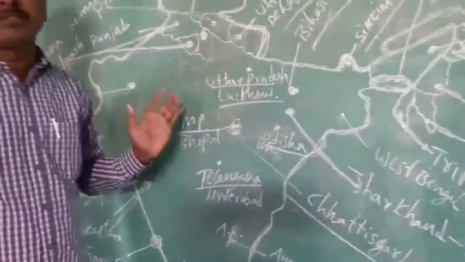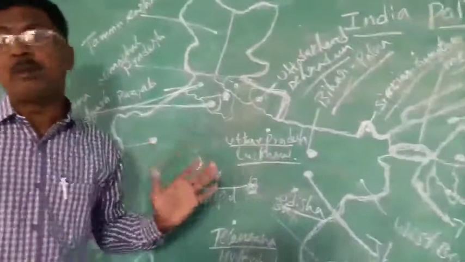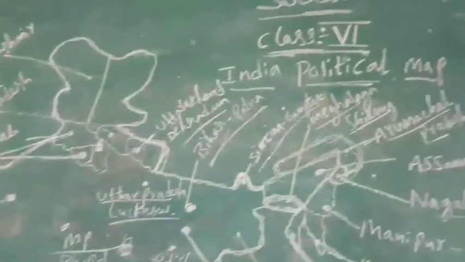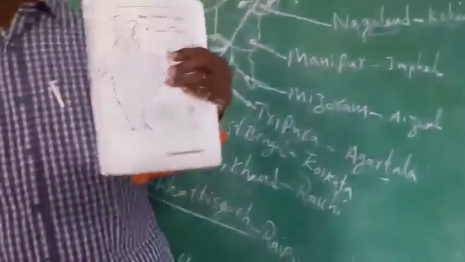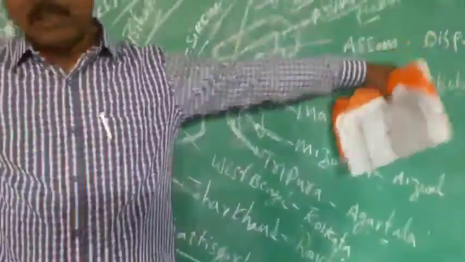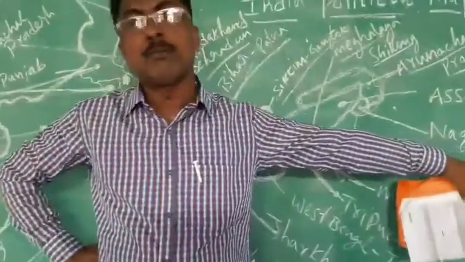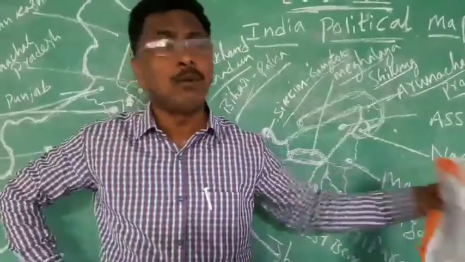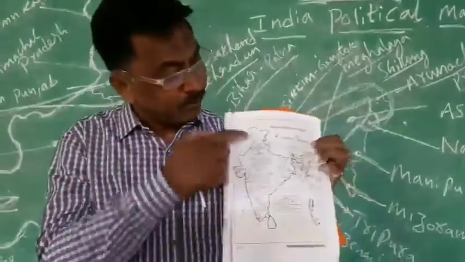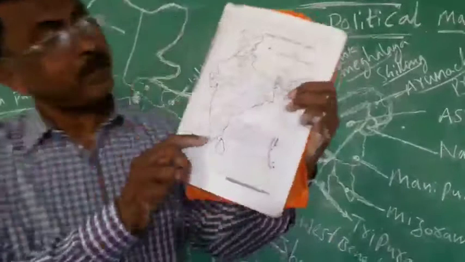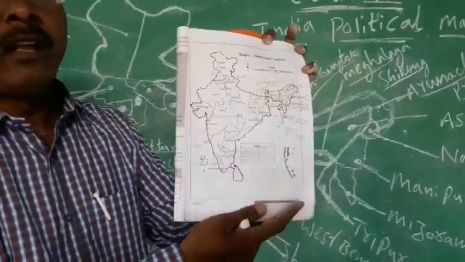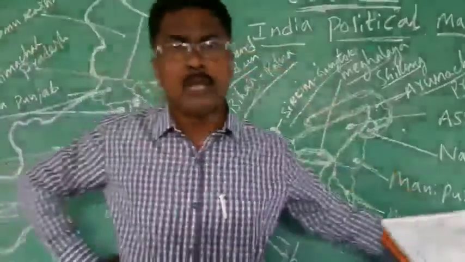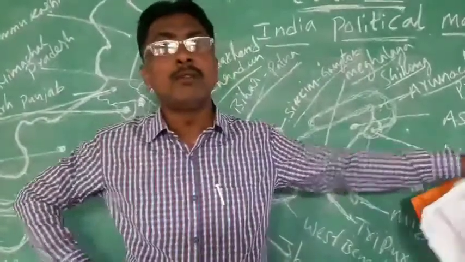Now I showed you the map. Now I'm going to tell you how the map is, so see properly. Listen once again. I'll tell you like this. You see the shape. Just imagine India now. You know India. You are seeing the India map. This India map is the same like this. So now I'm telling you the India map.